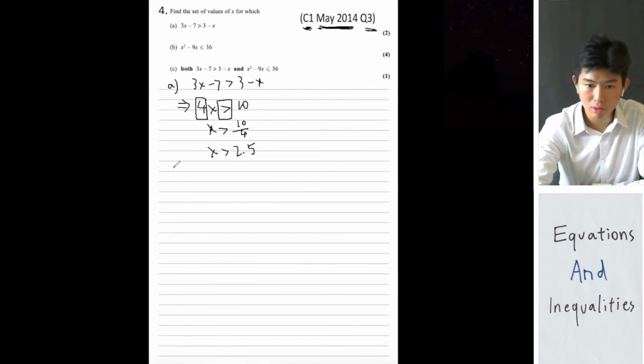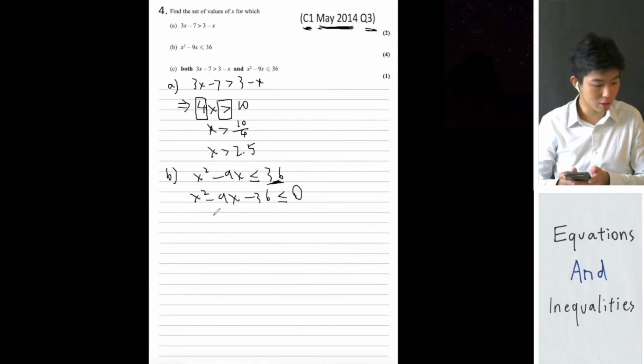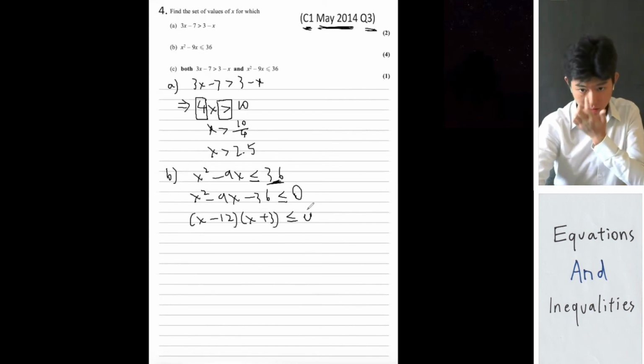Okay, so for part B, x² - 9x ≤ 36. I'm just going to move this term to the left, so x² - 9x - 36 ≤ 0. Same way here, if I want to get the critical values straight away, or if you are smart enough to spot that this equation can be written as (x - 12)(x + 3). But if you are using a calculator, you can actually